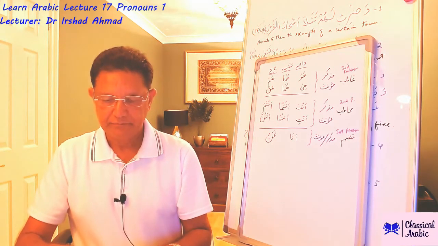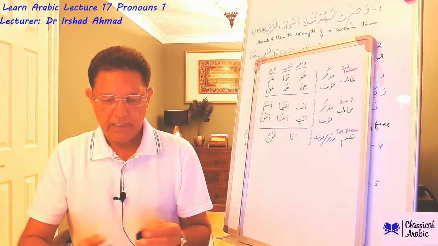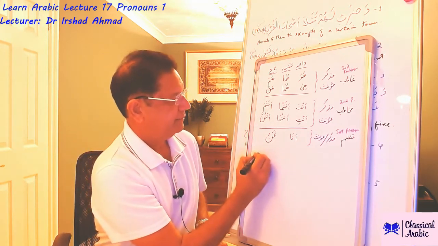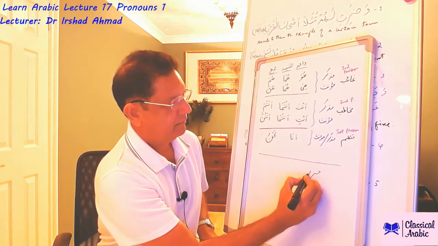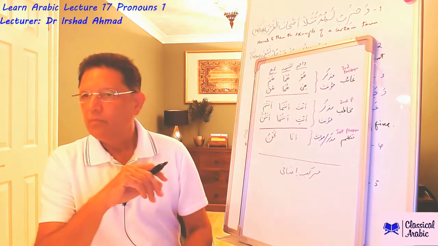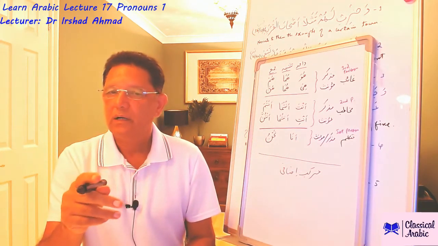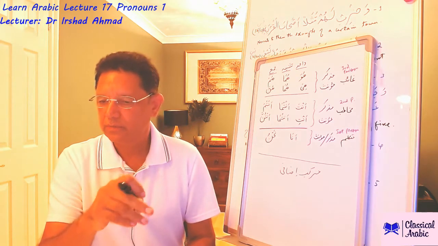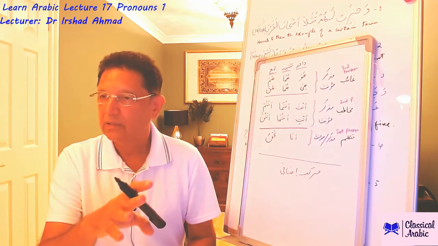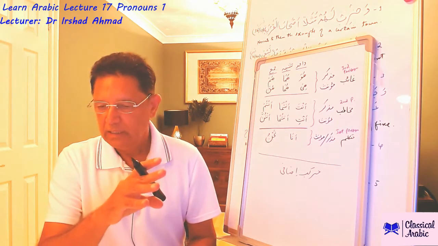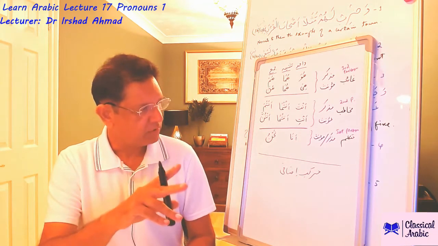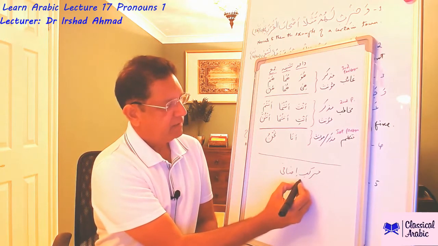Amma ba'd. Last time we looked at murakkab izafi. So what is murakkab izafi? Murakkab izafi is a combination or compilation of two nouns put together. One noun is added to another noun, producing a specific link or relationship between them. So the two components are muzaf and muzaf ilayh.